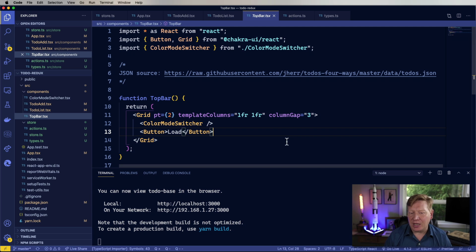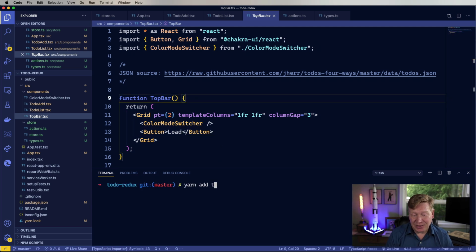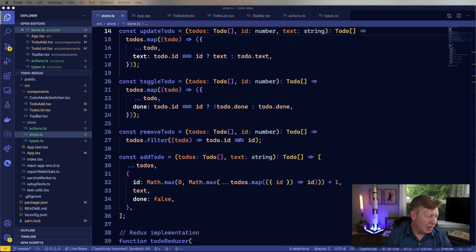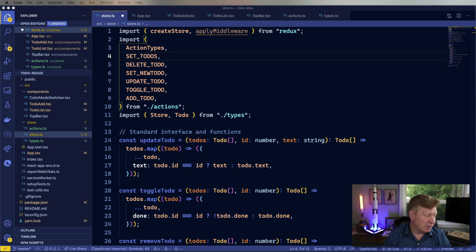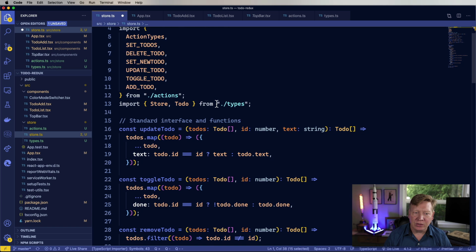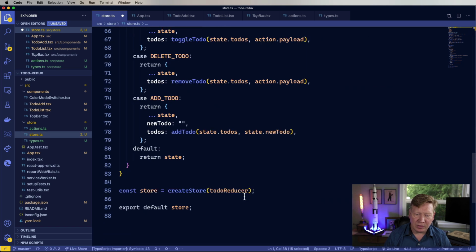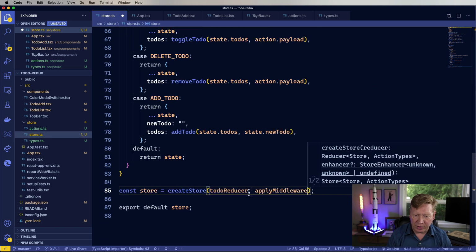And to get this happening, you could do all kinds of stuff with this. You don't have to go this far with it, but traditionally you use a thunk for this. So we're going to add a Redux Thunk. And I'm going to add in a couple of things. I'm going to do this apply middleware from Redux. And then I'm going to bring in Redux Thunk. And then down in here at the create store, I'm going to do this apply middleware and then